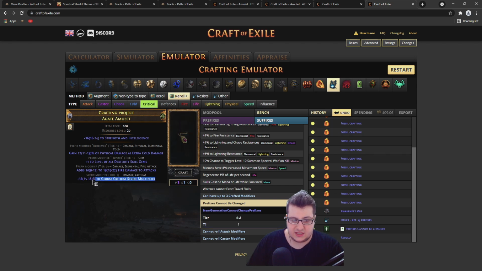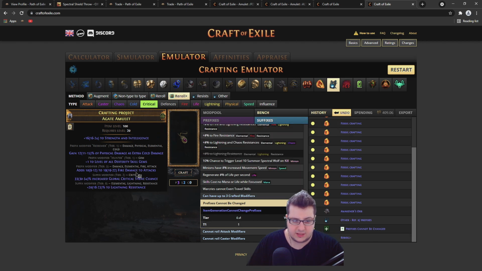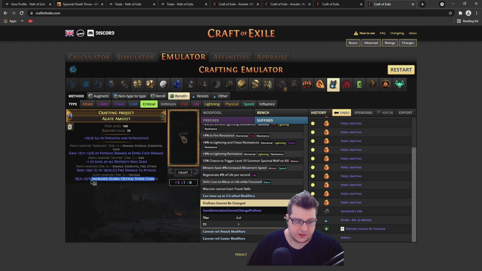And this is not guaranteed to give you tier 1. It will give you a random tier of crit chance or crit multi, like this 34 crit chance or 29 crit chance. Whenever you're happy with your tier of crit chance or crit multi, if you want to craft it further,